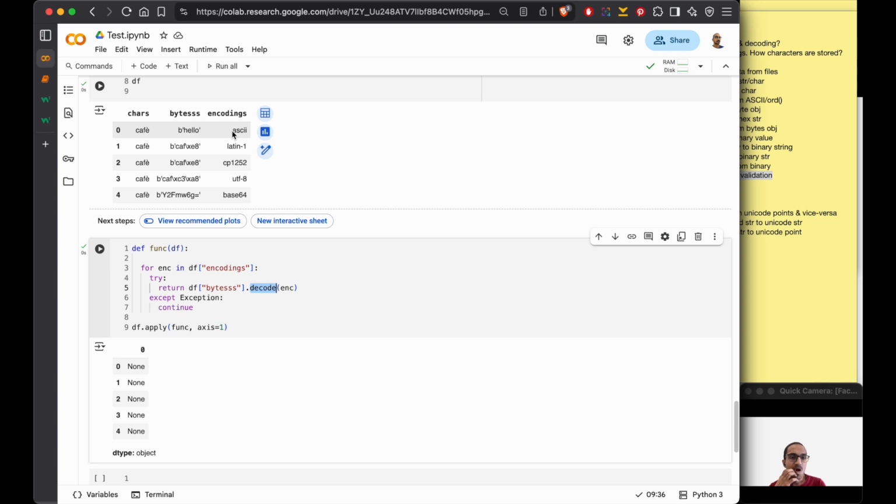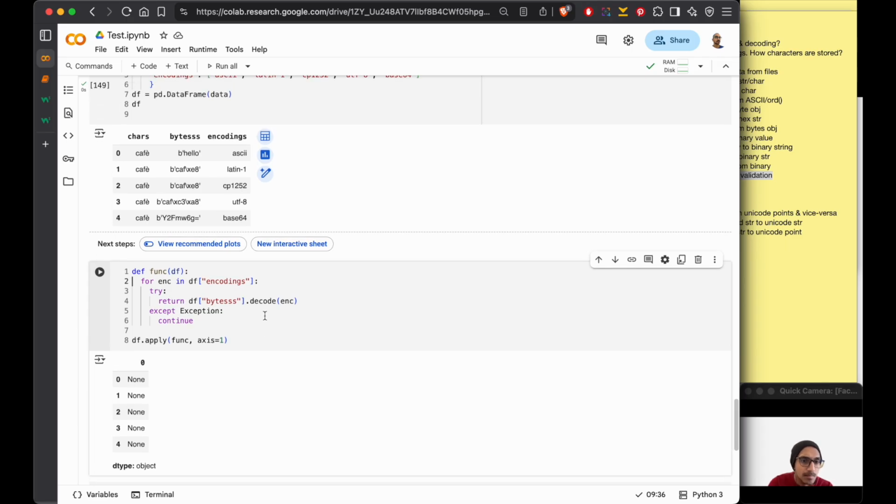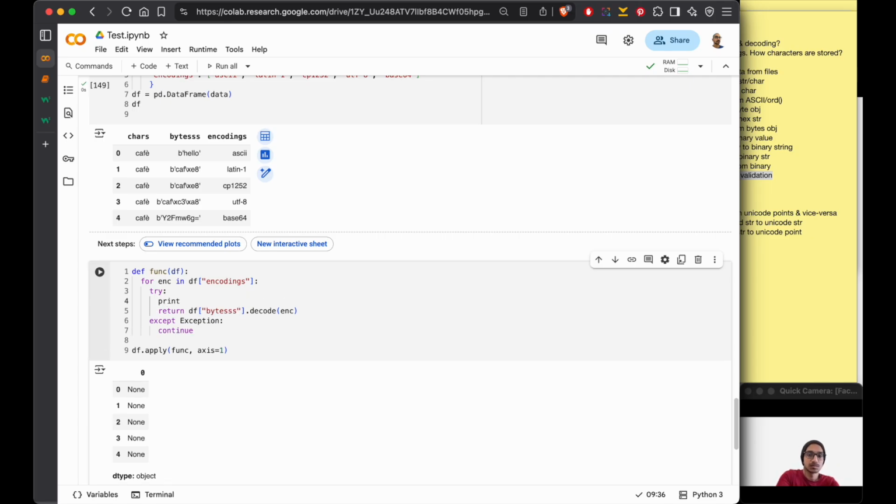Why is it not working? Decode. Let's debug this once. Print